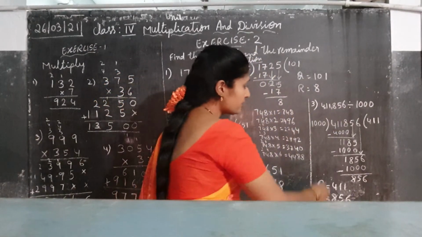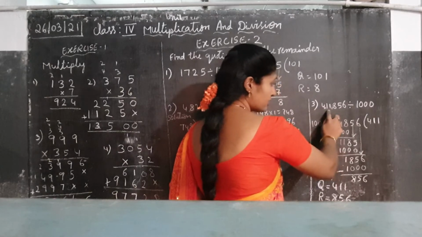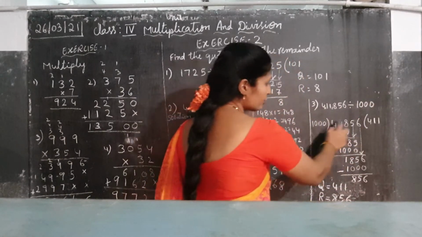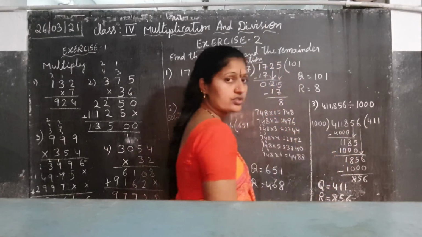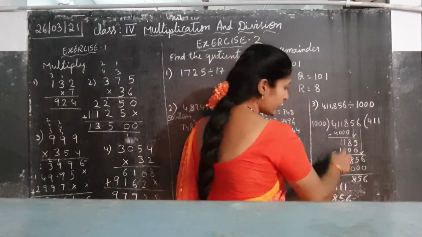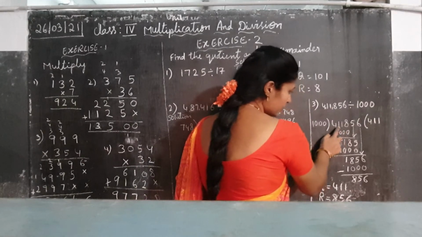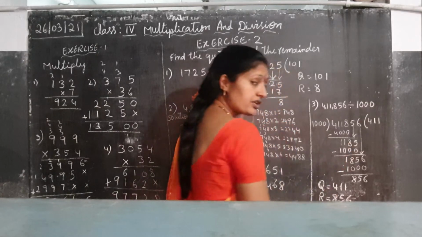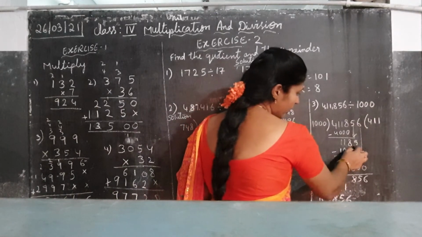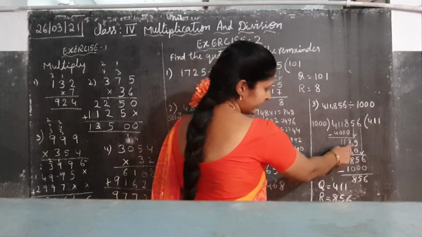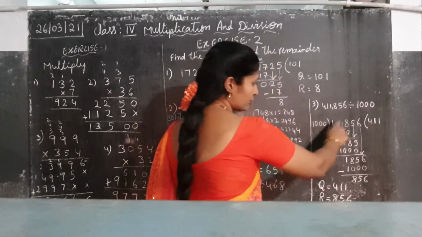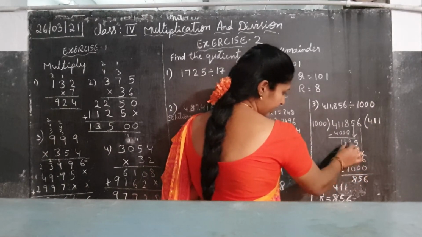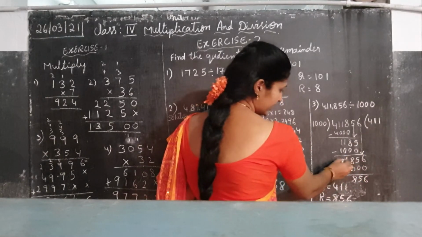Now how we have to divide this? See, 4,118 divided by 1000. Then 1000 times 4 is 4000. Then we have to subtract this from 4118. Then we will get 118 left. Then bring down this 5. Then 1185 will happen. Now 1 time we have to take 1000. Then minus it, 5, 8 and 1, 1 0 you will get here 0.